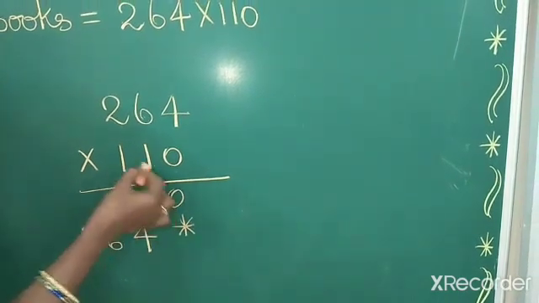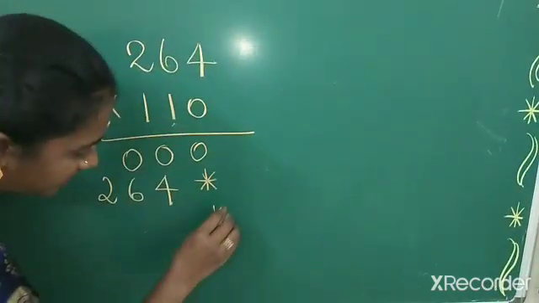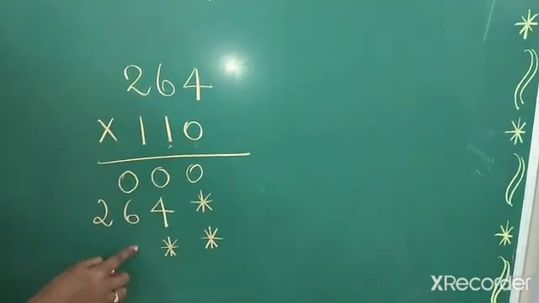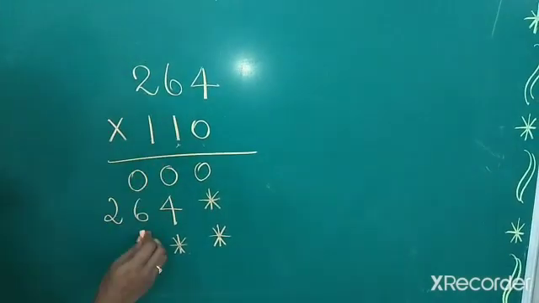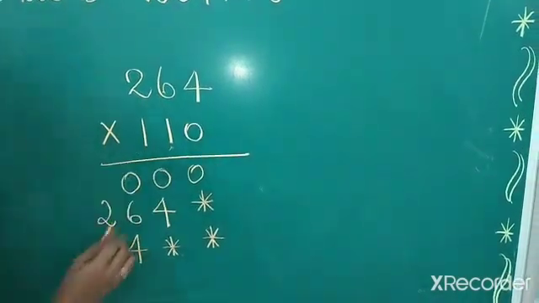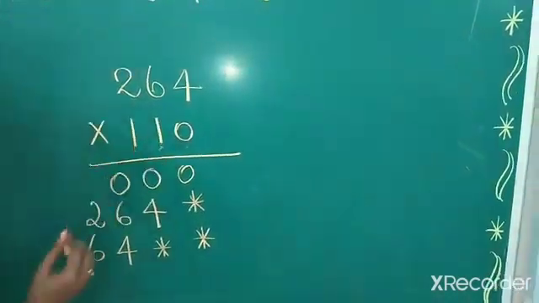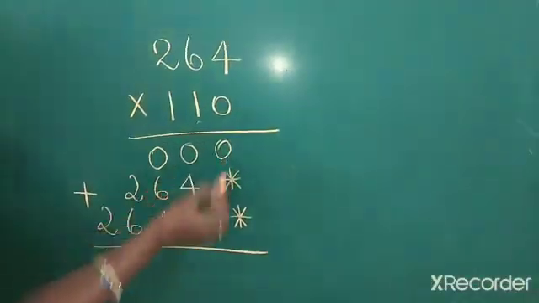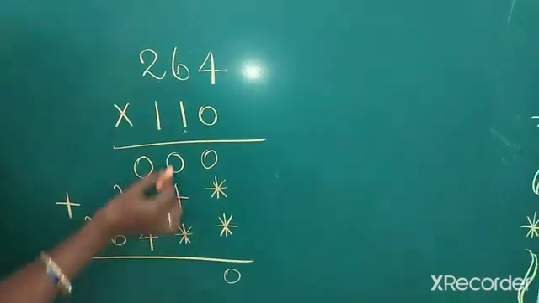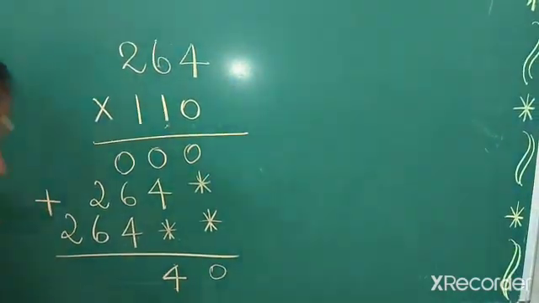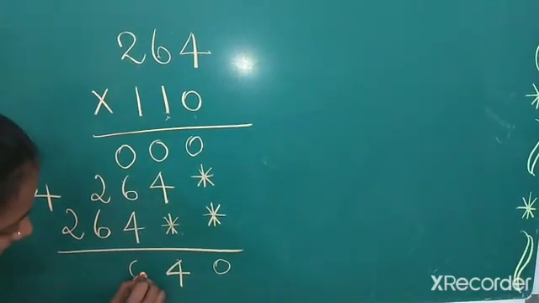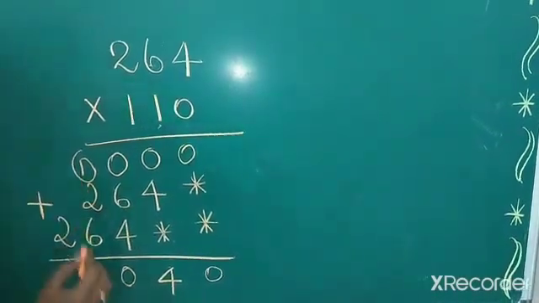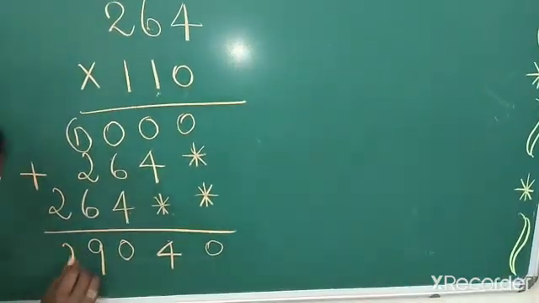Now this is over. Then moving on to the hundreds place. So in the ones and tens place I am adding this, starting from the hundreds place. 4 ones are 4, 6 ones are 6, 2 ones are 2. Now we need to add all these. 0 plus 0 is 0, 0 plus 4 is 4, 6 plus 4 is 10, 6 plus 2 is 8, plus 1 is 9, and then 2.